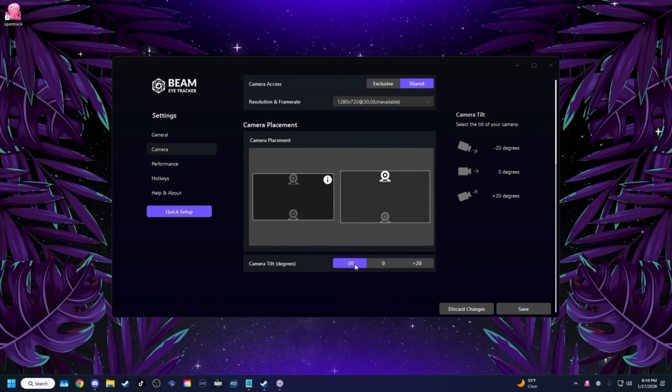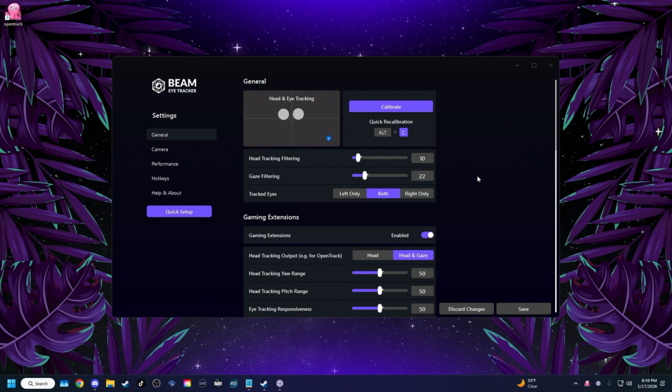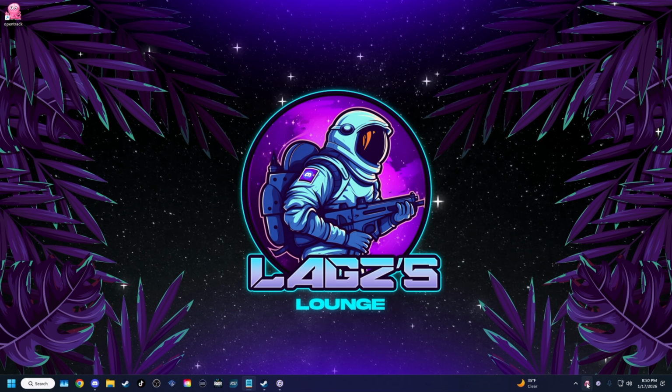So if you have it on the top of your monitor, be sure to select -20. If you have it on the bottom of your monitor, be sure to do +20 because of the angle of the camera. But other than that, get everything configured, and if you look, your head and eyes should automatically be tracking. And if that is working, you're going to go to OpenTrack,